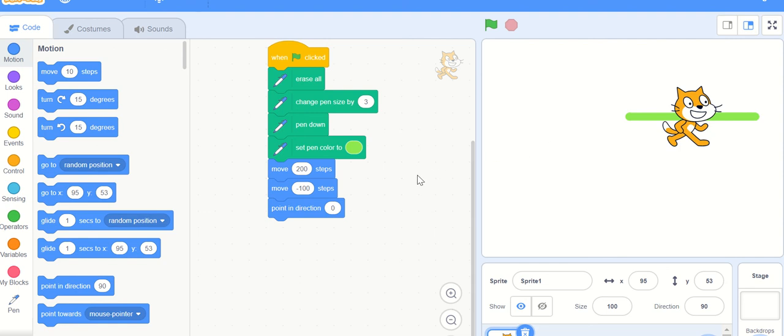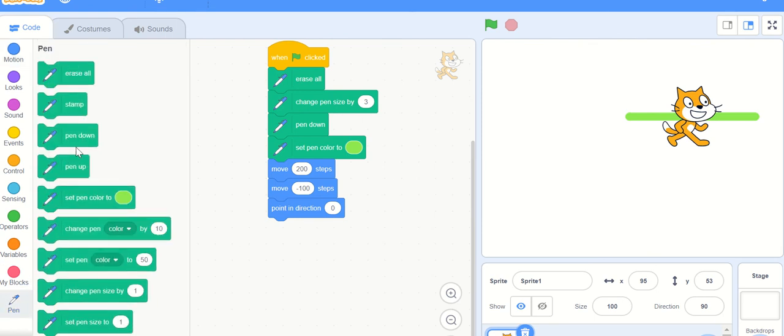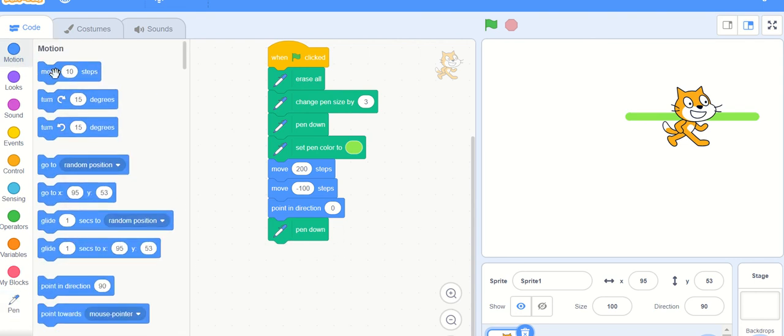Now after changing the direction, we want it to move up. To move up and to draw the line, again we will use the same instructions, the pen down instruction and the move instruction. Again, how many steps do we want?